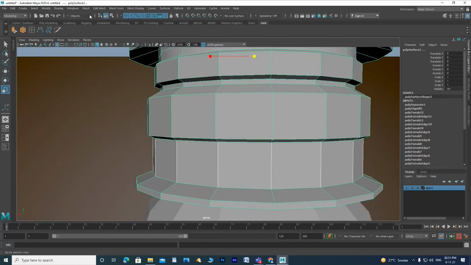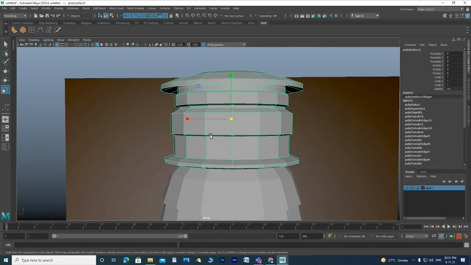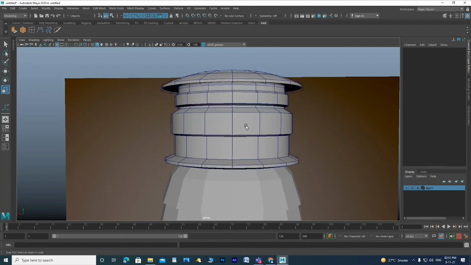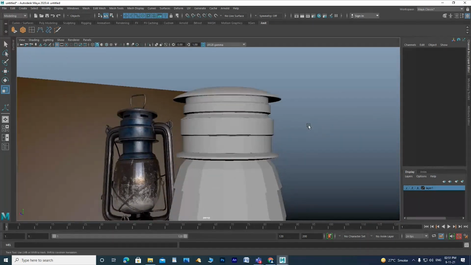There is also an option to combine, so it becomes one piece again. In the same way, press 3 or 1 to check this.